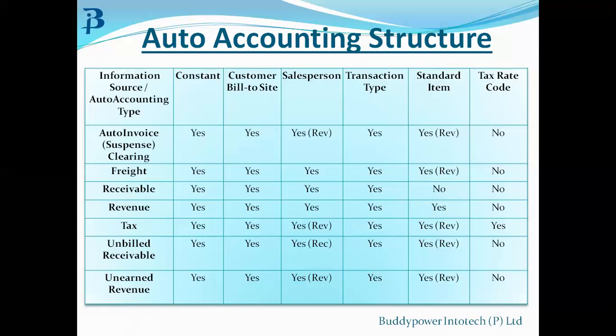You'll get a better understanding when I show you the example. I'll just finish with what unearned revenue means. Here, receivables uses the unearned revenue account for transactions that, as I mentioned for unbilled receivables, use invoicing and accounting rules. Suppose your accounting rule recognizes revenue after